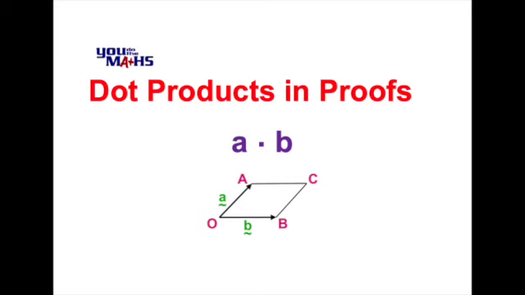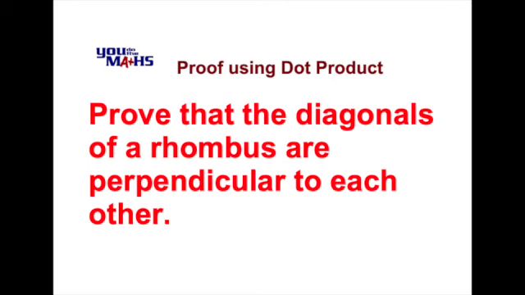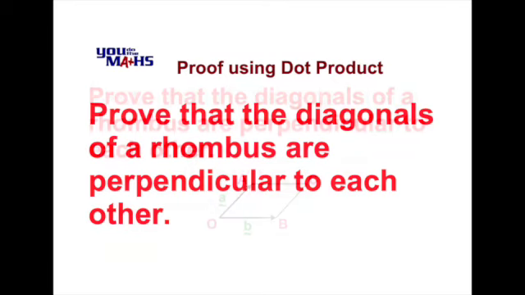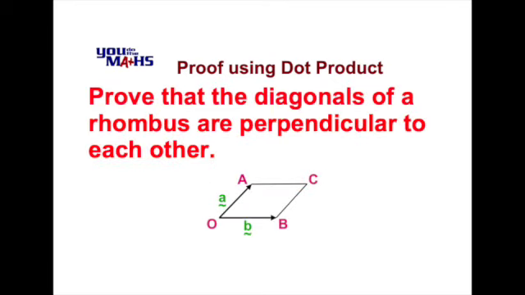Let's have a look at an example where dot products are used in proofs. In this particular proof, we're being asked to prove that the diagonals of a rhombus are perpendicular to each other. Now the key connection here with the dot product is the words perpendicular to, because if we examine the dot